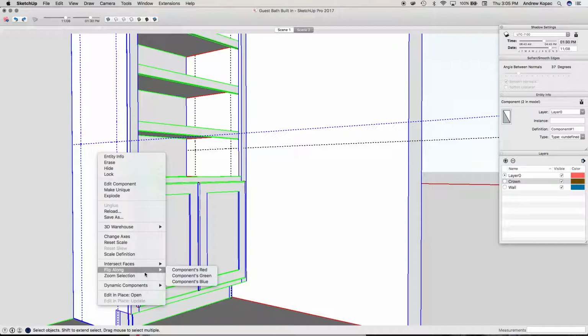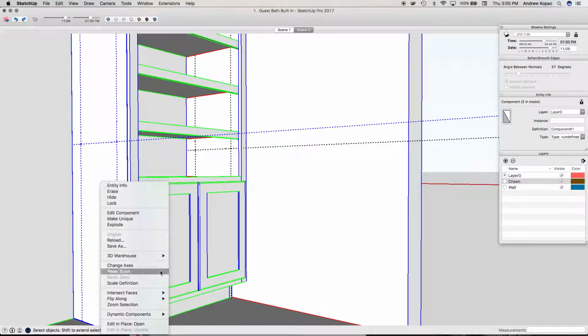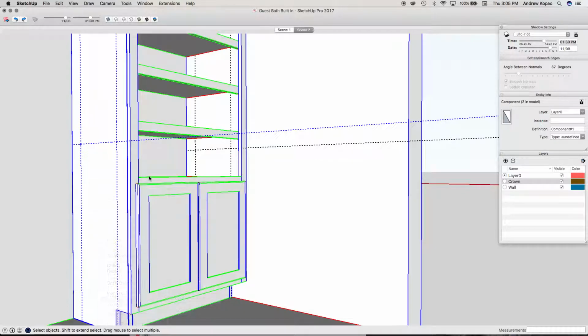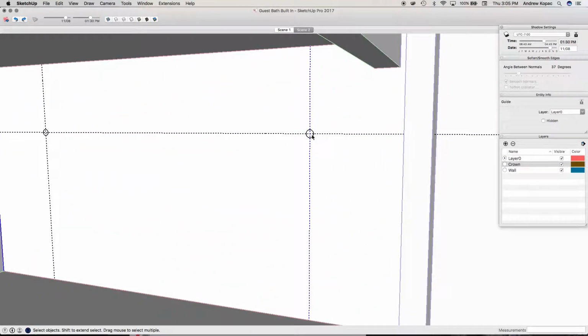Okay, so we want to flip it along, I think it's the red. Nope, it's not the red, the green. Okay, so now you can see that inside is mirroring that inside. So now let's take these